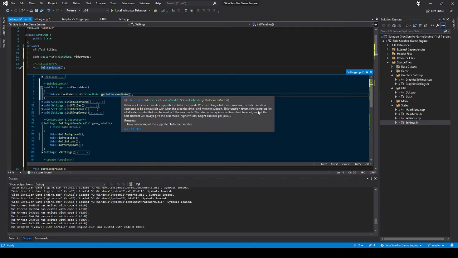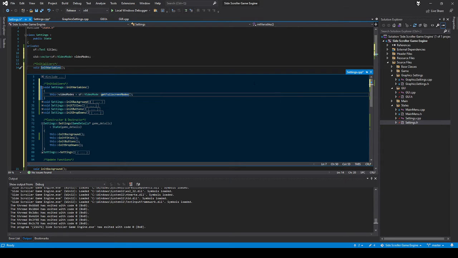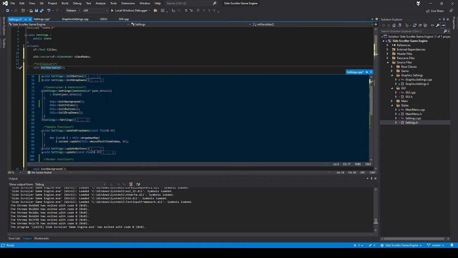This function returns the complete list of all video modes that can be used in full screen mode. The return array is sorted from best to worst, so that the first element will always give the best or higher width, height, etc. Okay? So that's all you have to do to get the video modes